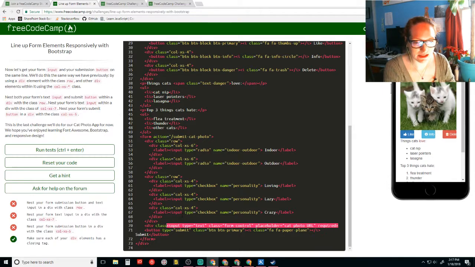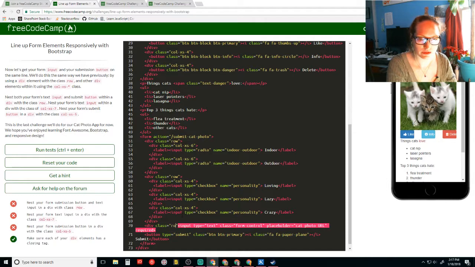Div class row. And then we need another div class equal to col-xs-7.